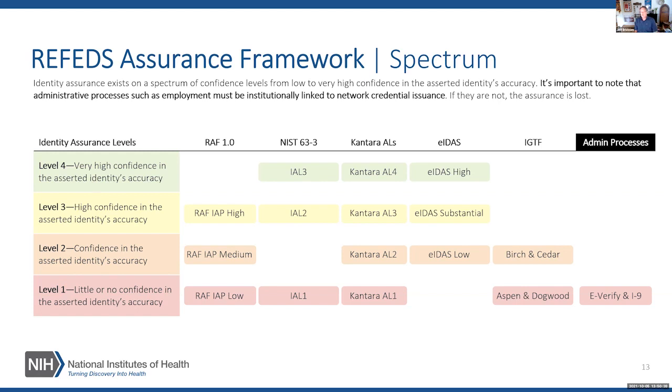So RAS is actually one where, out of the gate, for all intents and purposes, you should not have access to RAS unless you are at IAL2 and AAL2. That's the type of data that it's fronting, right? But rather than tell 300,000 plus researchers to all go to login.gov and get login.gov credentials,